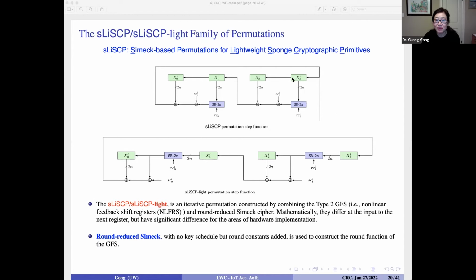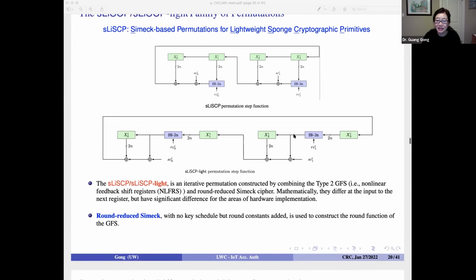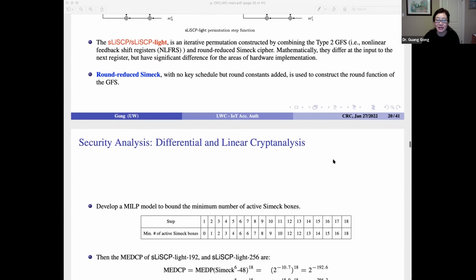Basically, from this register, data goes to the next one. So we revised it: we put the S boxes not here, but before the data goes to the next register. So we changed this block, and this is what we call the S snip net. In this case, we can save N registers in our implementation. In our full cipher designs, we are basically using S snip net. This work we already published before we submitted to the NIST